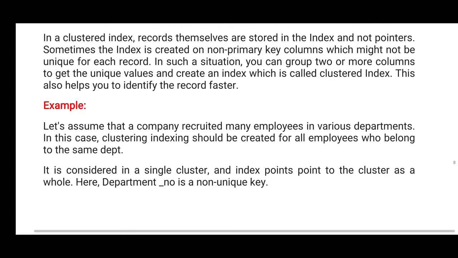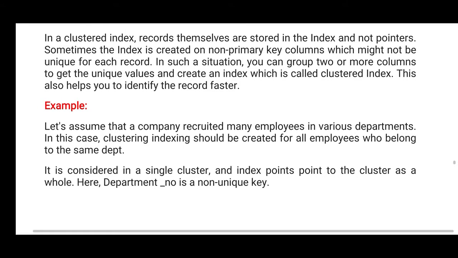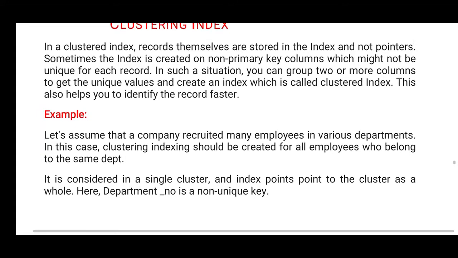In such a situation, you can group two or more columns to get unique values to create the index. Clustering index also helps you identify the record faster.